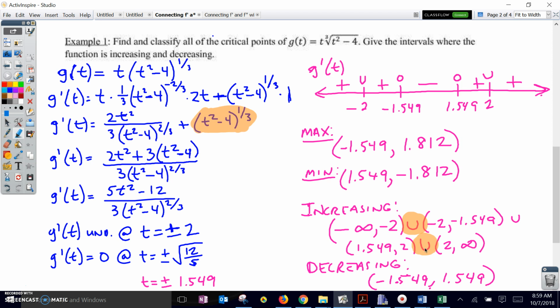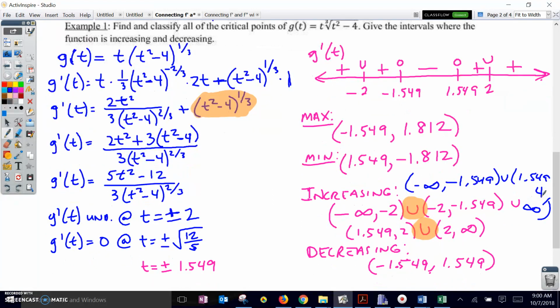So I could smooth these intervals of increasing out and just make it from negative infinity to negative 1.549, and from 1.549 to infinity. Sorry, I ran out of space there. Alright,